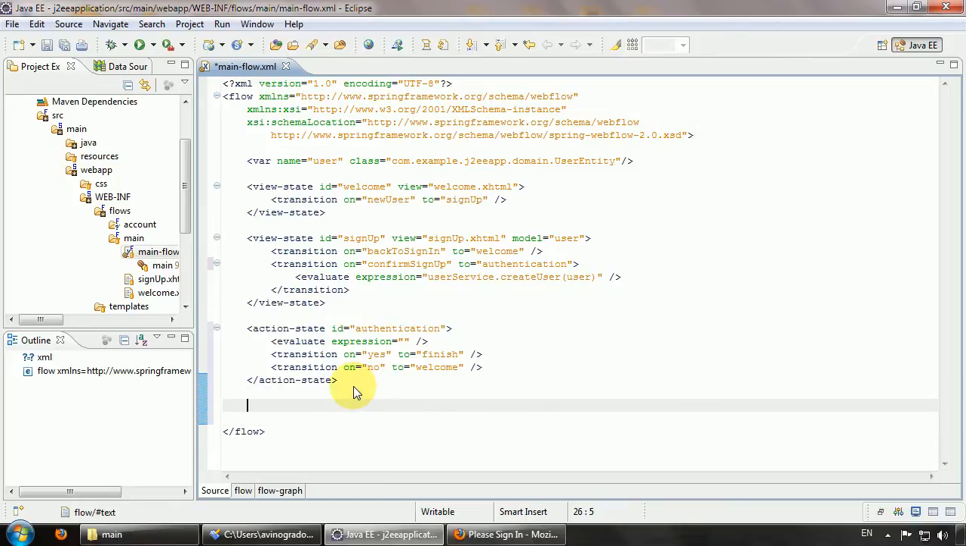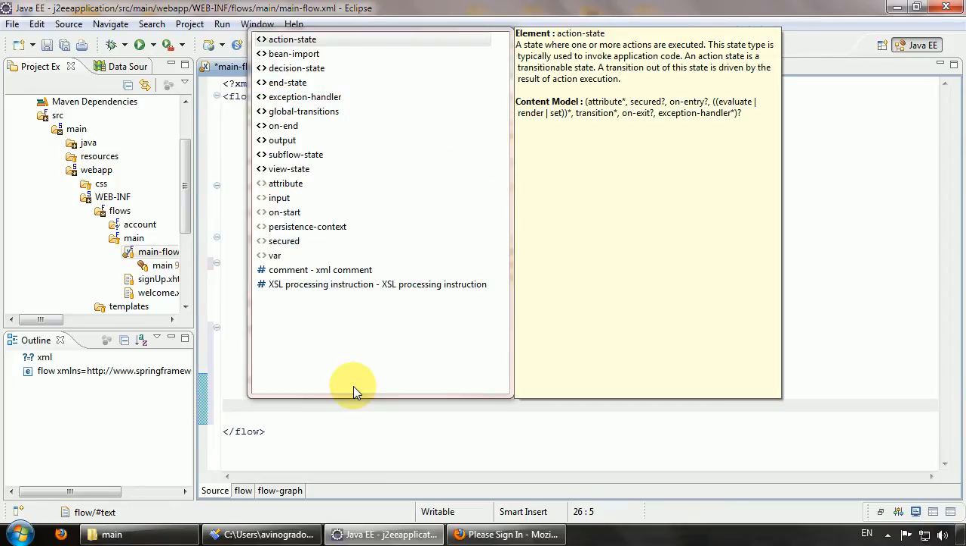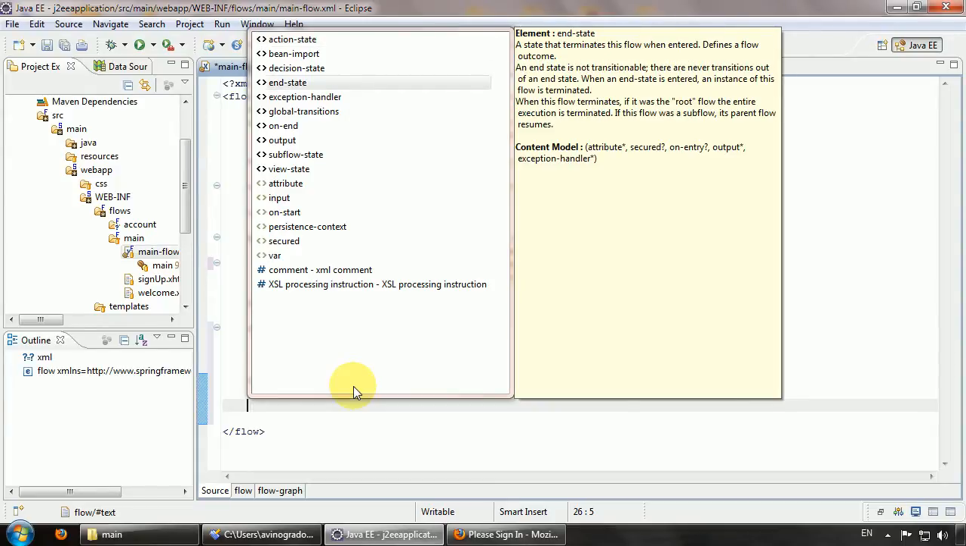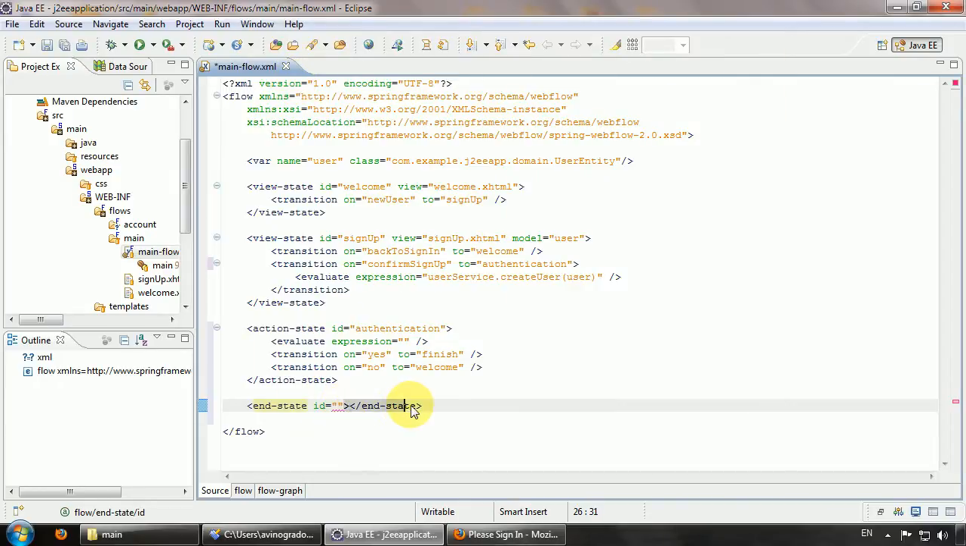And I will create the end state. There's a thing called end state, this one, and actually this is the last state that can be included in single flow. You can put the actions in end state, and it also terminates this current flow at this stage. So let's put this tag here, and the end state ID will be, like I said, finish,